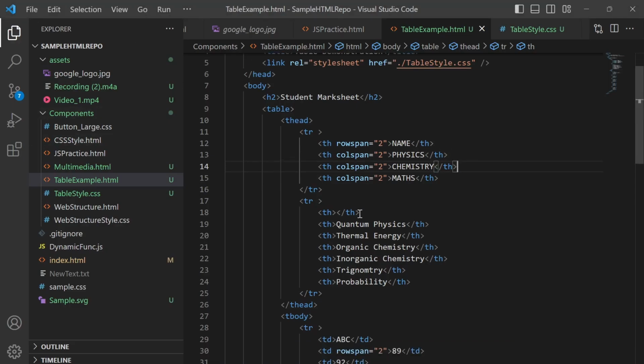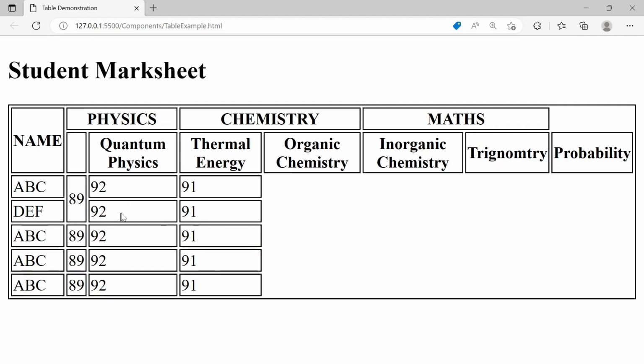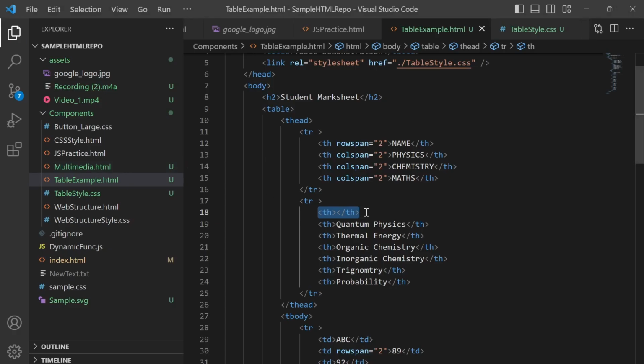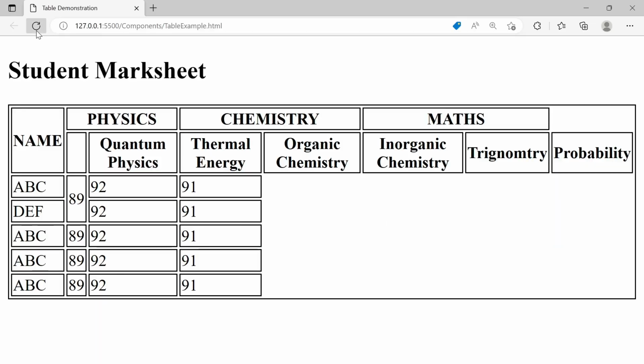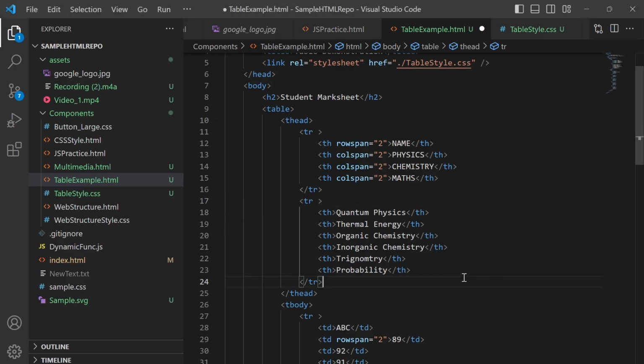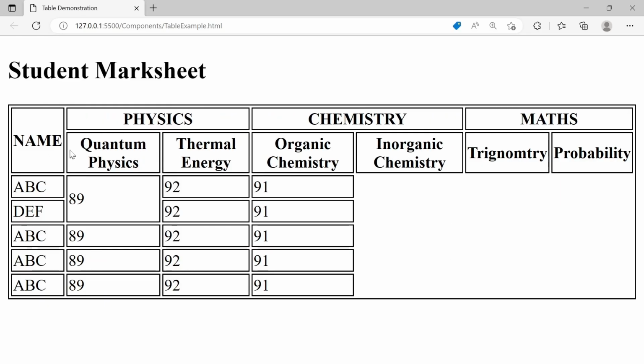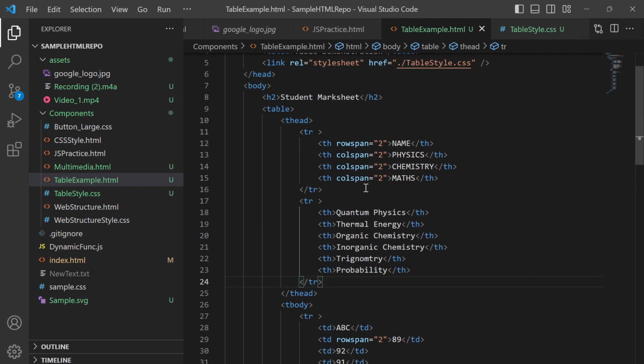And then I need to remove this th tag, because I have created it blank, so that's why it creates this blank cell. Whenever we are doing spanning, we need to remove those unnecessary things. So this is removing the unnecessary blank cell. You can see I spanned 2 cells. Now name is showing like this. So we covered spanning, how we can do rowspan and colspan.